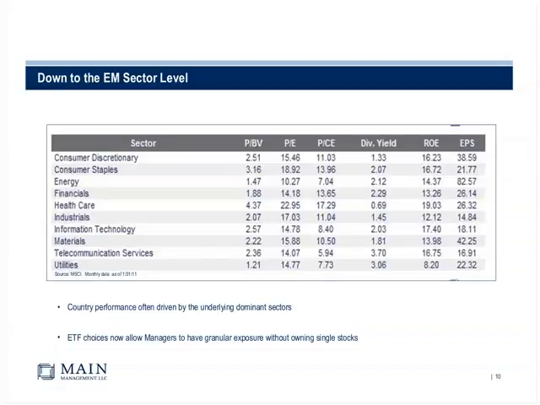Again, keep in mind, we're reversion to the mean. If someone were a momentum player, they may love that. They may love the fact that this is expensive because they think it could potentially get more expensive. But again, with our thesis being reversion to the mean, we like the energy, and we would be avoiding, or underweighting, the healthcare based on this valuation.